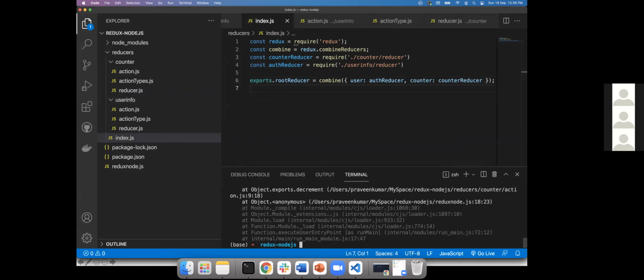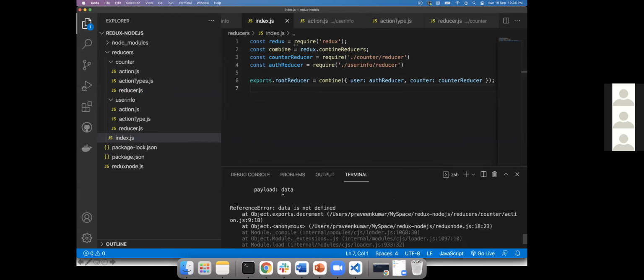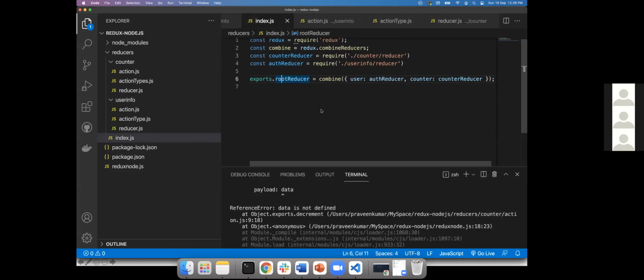What happened? Oh, wait. Payload data is fine. Actually, what was the difference there? We declared a const, then we are exporting that. We have to do it like always. You have to use exports dot, whatever the variable we want to export. This is Node, you can't assign it to a constant and then export it. I don't know. I didn't read much about Node actually.